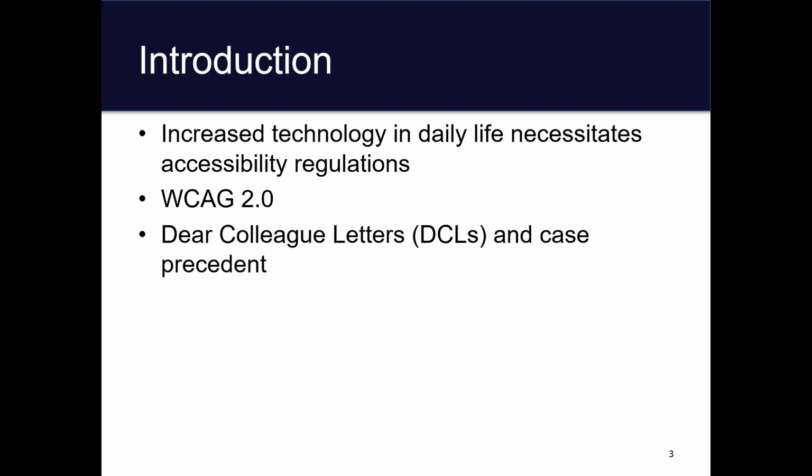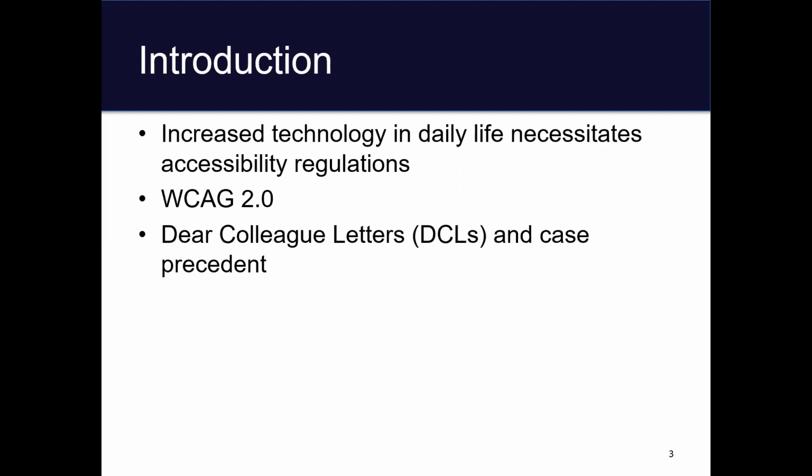So a developed action plan, and in many cases, someone to implement the strategies in the plan, are effective steps towards compliance and adoption. Keep in mind as we go through a lot of this that the new Section 508 standards only apply to federal agencies and offices, not to other organizations. But the dear colleague letters issued by the Department of Justice and the Office for Civil Rights in 2010 and 2011 make it abundantly clear that organizations such as higher education institutions and companies are held to similarly rigorous standards.